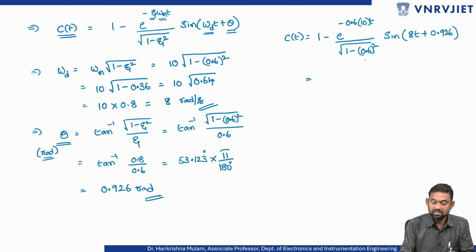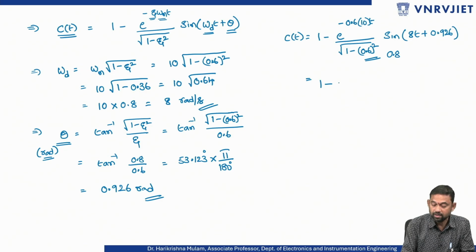Therefore, this square root of 1 minus 0.6 whole square is 0.8. Its value is 0.8. 1 by 0.8 is